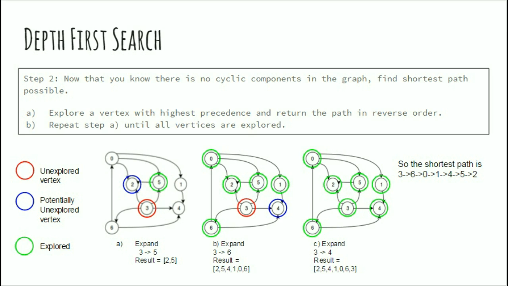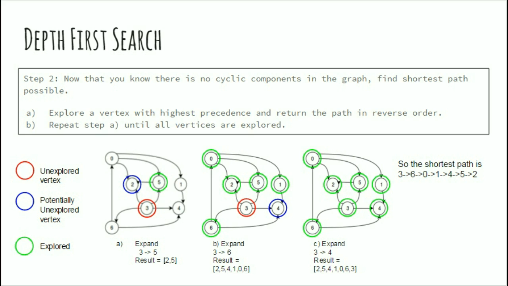Finally, all vertices are explored and the result is 2, 5, 4, 1, 0, 6, 3. Now that we got the result, we reverse it once again, so it becomes 3, 6, 0, 1, 4, 5, 2. Okay, now let's check our results just to be sure. 3 can be done before any other vertex because it has no inward pointing edge. After completing 3, we can surely go for 6. Similarly, 0 can be done after 6, no inbound edges. After 0, 1 and 4 can be done because 1 has no other edges and 4 is connected to 6, which is already done. Then 5 and 2 can be done.